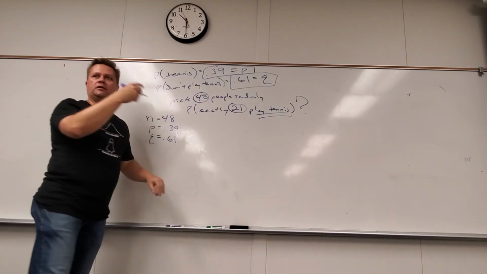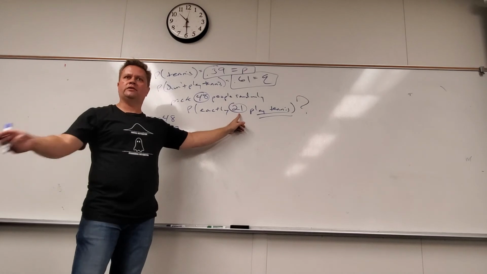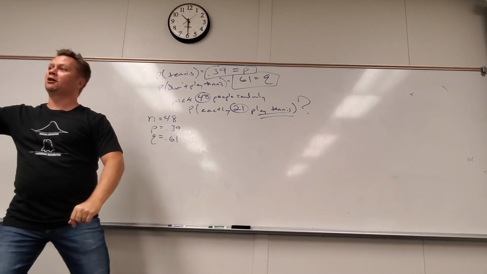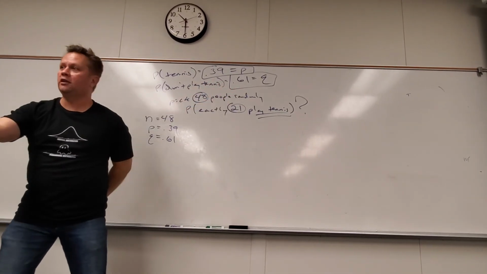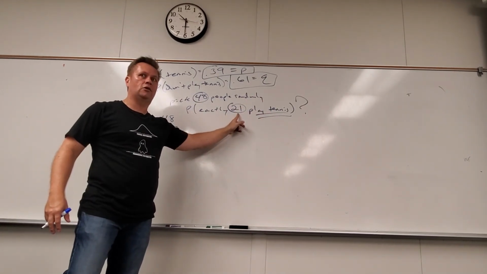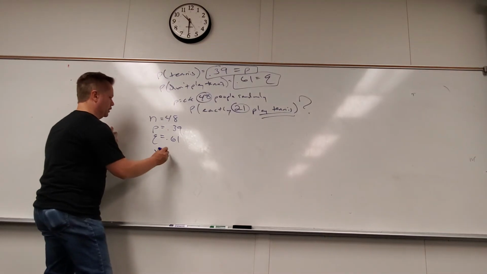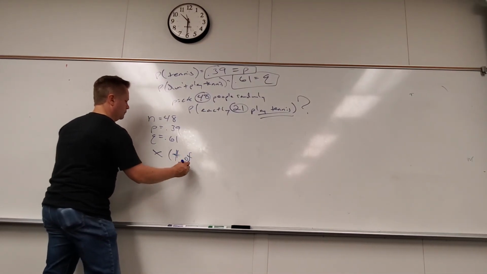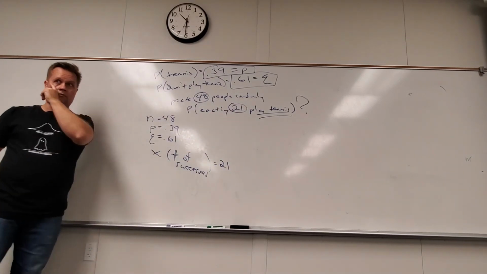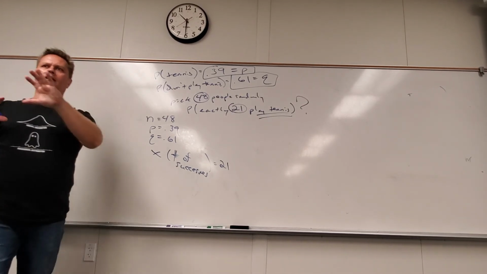This one, why is it 21? Because I just picked it to be 21. What could it have been? What could I have put here? Anything from what to what? 0 to 48. Could have been none of them play tennis, or all of them play tennis, or anything in between. So obviously that is going to be what I call X, because that's the thing that can vary. We call X in general the number of successes I want, because that's what can vary. And in this case, X is 21. So how do I set up this formula? This formula is almost